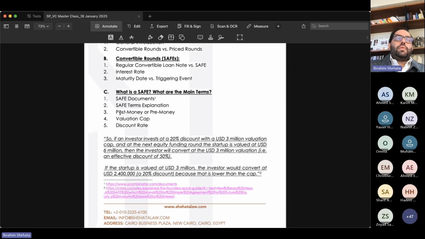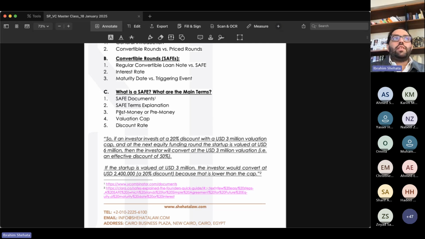Basically, if I raise four safes, A, B, C, D, like safe A, safe B, safe C, safe D, and all of them are pre-money safes, then this means that they will dilute each other. In the calculation, they dilute each other. This means that they are more founder friendly than investor friendly. So the more safes you raise, the additional safes dilute the original safes, which became a problem